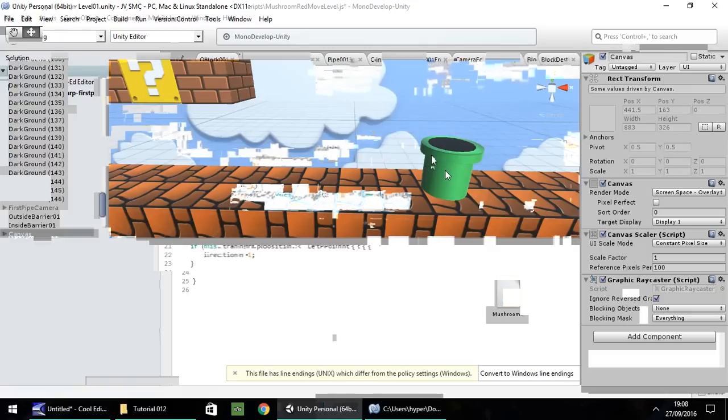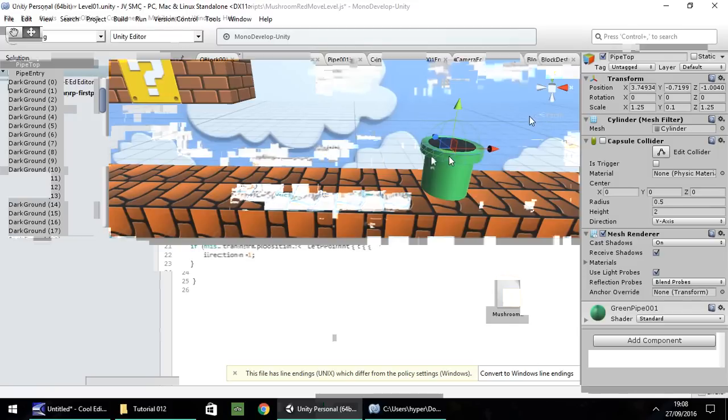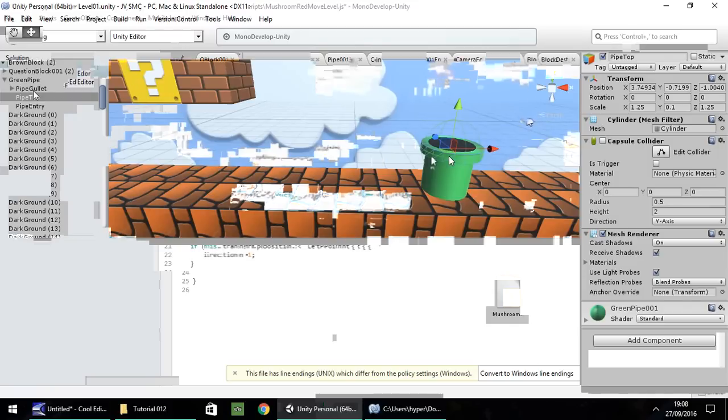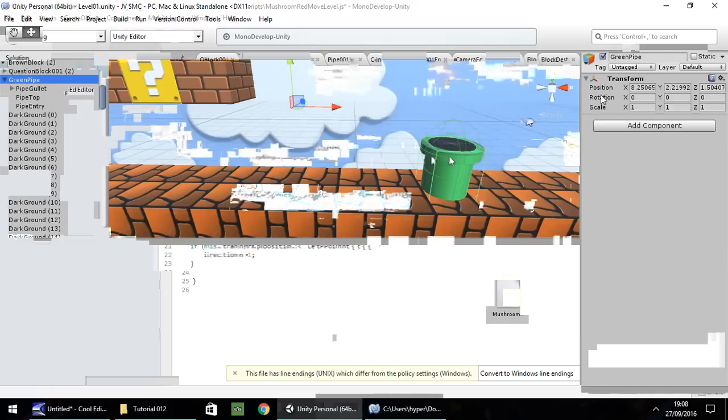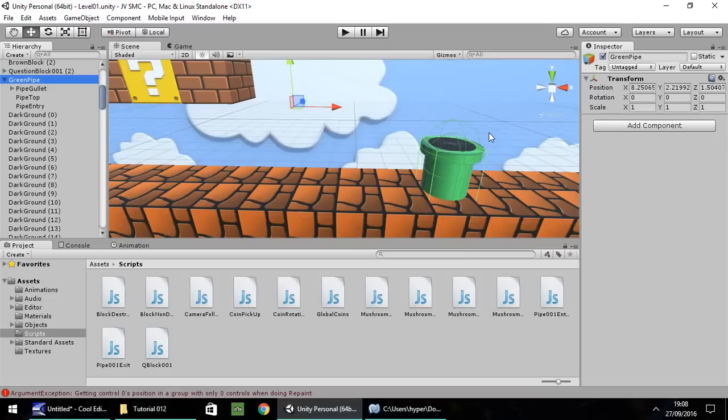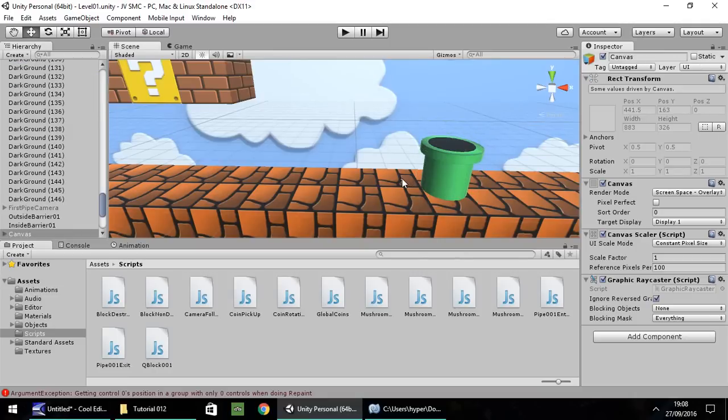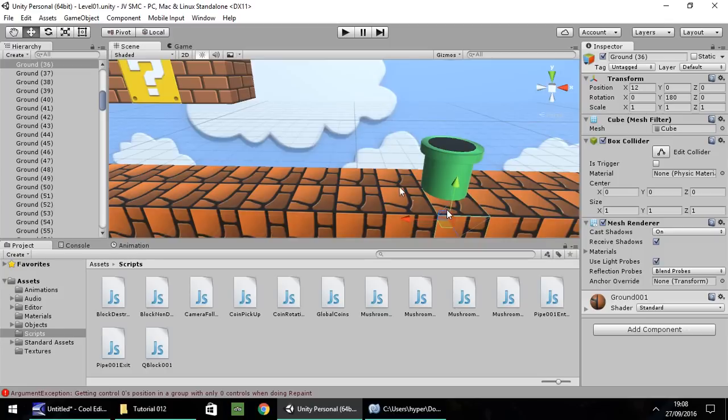Now, if we click on our pipe just here, you'll see, hopefully, that its X position says 8.25, but I don't think it's quite right. So we need, sorry, it's having a bit of problems here. This block beneath the pipe is in position 12.